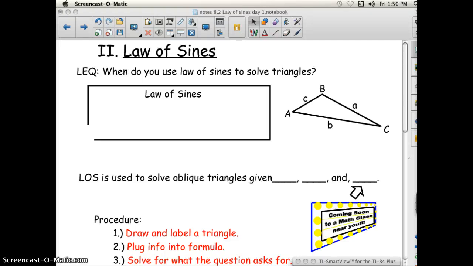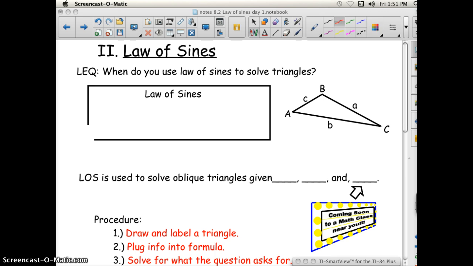Okay, welcome to our second day of oblique triangles. The topic for today is law of sines. Our essential question is, when do you use law of sines to solve triangles? All right, yesterday, last class, we were talking about the law of cosines, and we used that to solve oblique